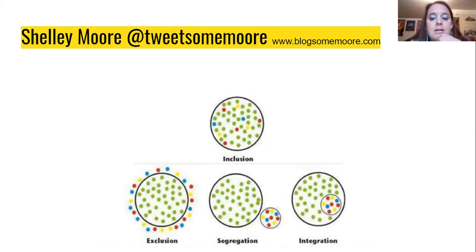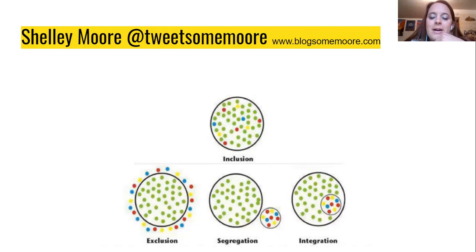And then we said, well, let's have integration. And that's where these pods of students who are different would come in and work in their own little pod within the regular class. And then we have full inclusion, which is what I'm going to talk about with unified PE, where every single student, no matter what your ability, comes together and we do class. And the thing that's different between integration and inclusion is that we don't have pods. We have more empathy and compassion. We have understanding between